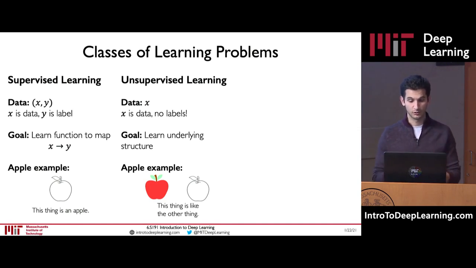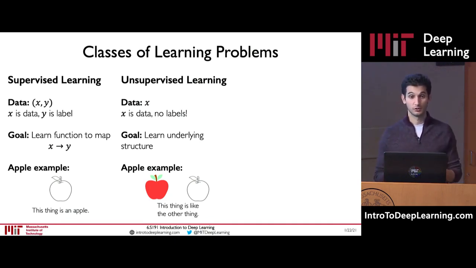So here, for example, we can observe a bunch of different pictures of apples. We don't need to say that these are apples and maybe this other image is of oranges, right? So these are two different images. We don't need to give them labels. We can just give all of the images to our algorithm. And the goal of an unsupervised learning algorithm is simply to identify